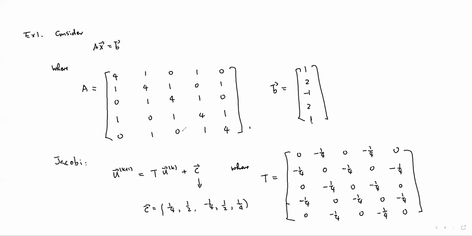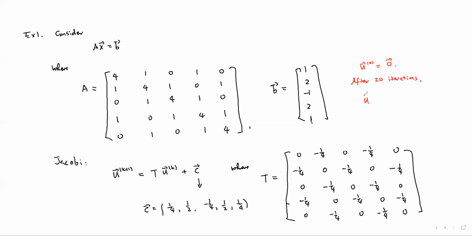So this matrix is strictly diagonally dominant. By the theorem, the Jacobi method is guaranteed to converge. In fact, if we start with arbitrary, say 0, 0, run the Jacobi method, after 20 iterations,